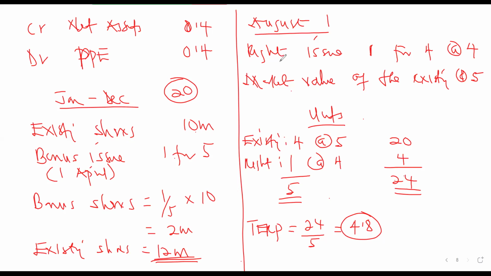Would that be 3 million? The right issue is what? It's 1 for 4. So with 4, 3 million. Okay. 1 for 4. It will be 3 million. Okay. So the right issue will be 3 million. So the right issue shares will be what? Will be 3 million. Okay. So that will be 1 over 4 times 12.